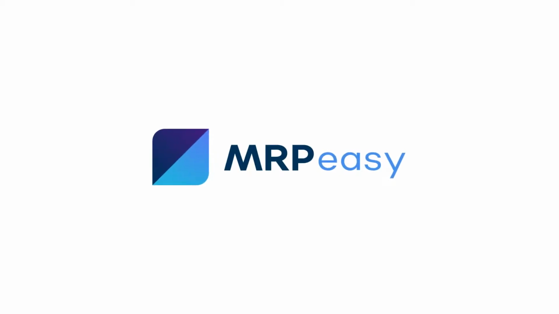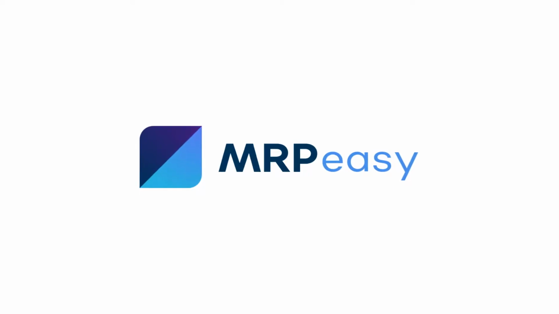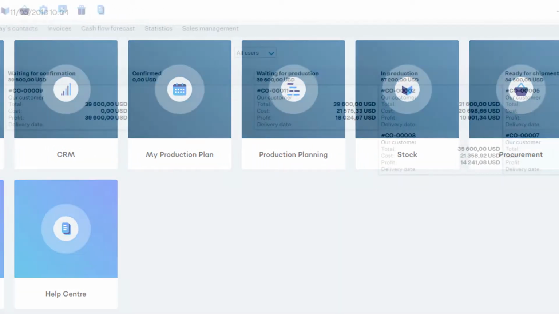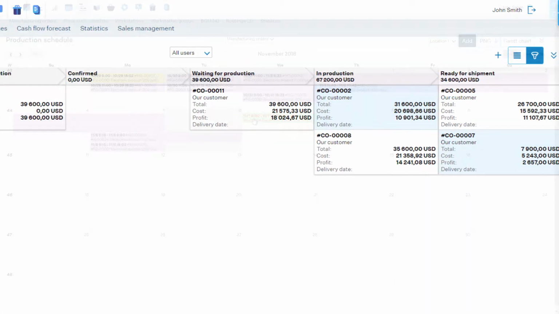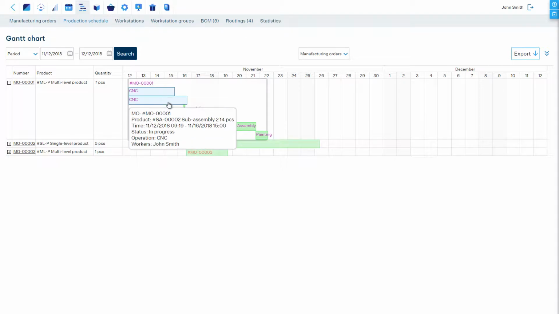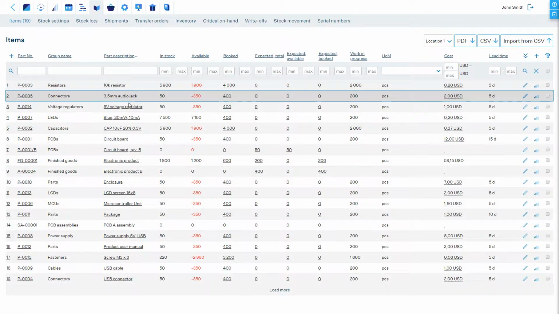Many companies in the plastics and rubber industry have chosen MRPeasy as their manufacturing software. MRPeasy integrates the sales, materials and production planning, reporting, procurement, and stock activities into one complete system, which provides great